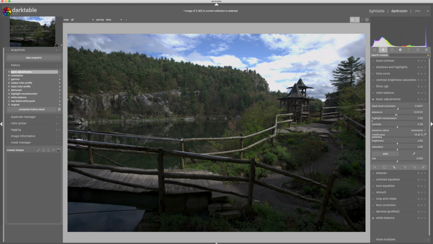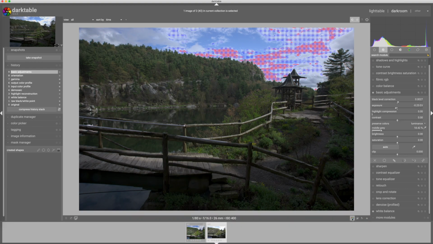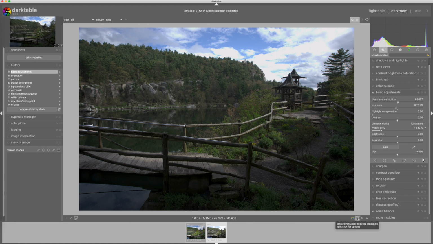I want to pull up my bottom here. If I turn on the clipping indication for raw file, you can see that it's indicating that we've definitely got some clipping up here in the clouds, but I don't see any clipping on the blacks, so we're good there. And if I just turn on the JPEG over under exposure, it's showing me clipping down here in the blacks, but that's nothing I need to worry about. All right,